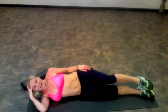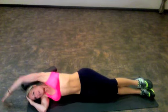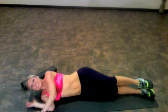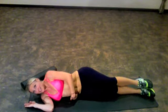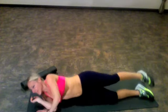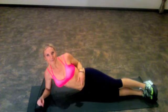And rest. All right, you're going to lay your head down. You can reach your top arm over really quick and give yourself a little stretch. And then we're going to start over. You can stay on this side because we're going to do this other oblique, the lower one. So rewind the video, and now you'll be starting up on this side, and when you switch at the end, your head will be at the other side. All right, let's